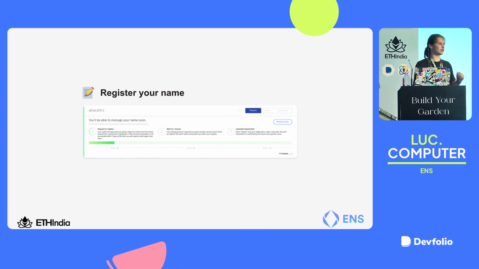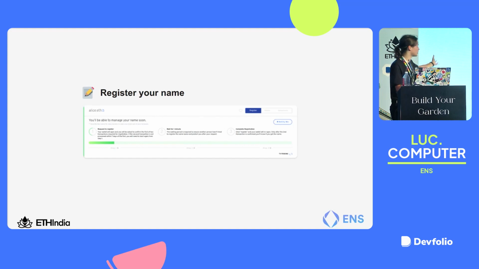Transaction number 1 is a commit transaction. The reason we do this in 2 transactions is to prevent anybody, whether that's somebody listening to your JavaScript code, somebody looking at your screen, somebody listening to your network connection, somebody running the ENS website, anybody in between, from seeing what name you're registering until you actually own the name. This means that anybody who might be spying on you, listening to you, or might have bugged your computer will not be able to front run you and steal your name before you can register it.